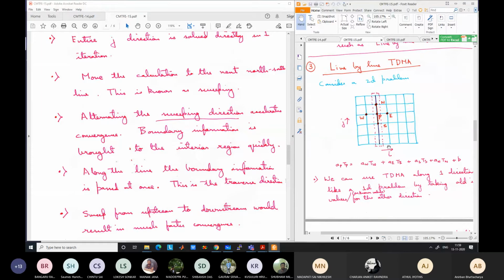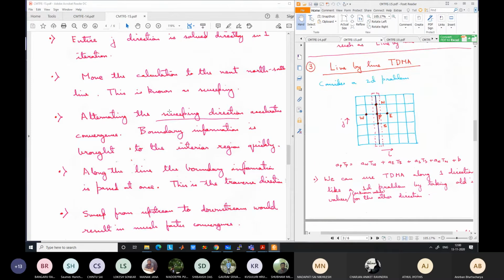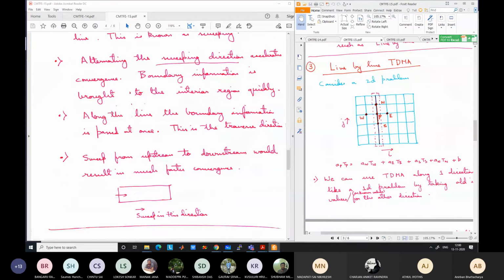Matrix inversion will take a lot of time. Directly you cannot solve it, and other types of iterative schemes will also take a lot of time, because you will be sweeping point by point for the 1 million points. So TDMA, line by line TDMA, this method is known as line by line TDMA, it is much faster. And in some physical problems, it depends on the nature of the problem. Depending on the nature of the problem, if you select the sweeping direction, the convergence is much faster.